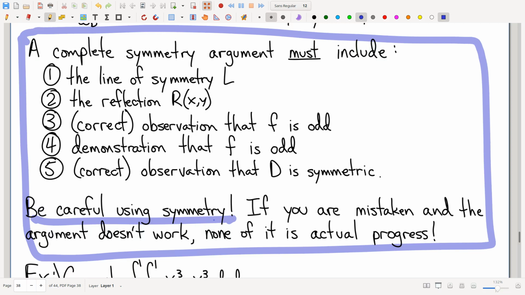Right? Now, if there is a valid symmetry argument, and if you give me 4 of the 5 conditions, but you forgot to observe that the domain was symmetric, but it was symmetric, you just forgot to say so, well, then you get 4/5 of the points, right? So, no problem there. But the dangerous thing is if you forget to check whether the domain is symmetric, and it isn't,